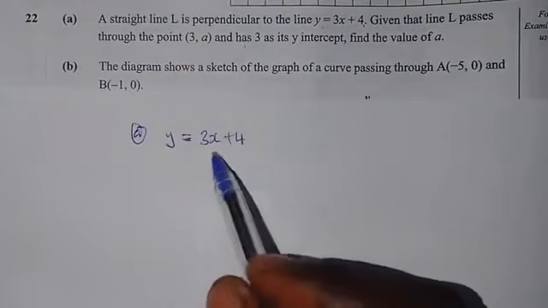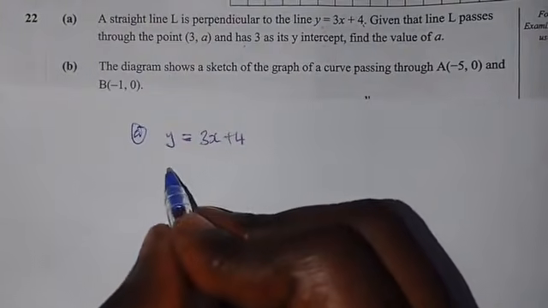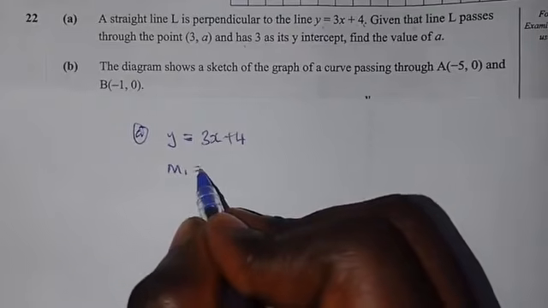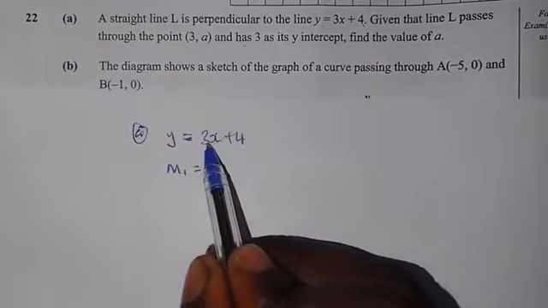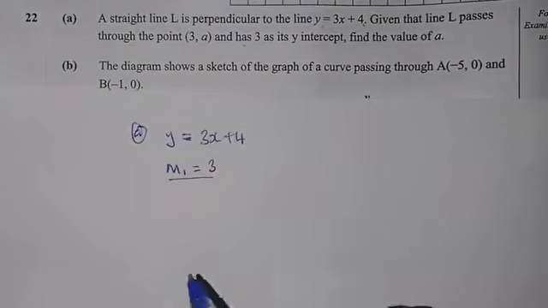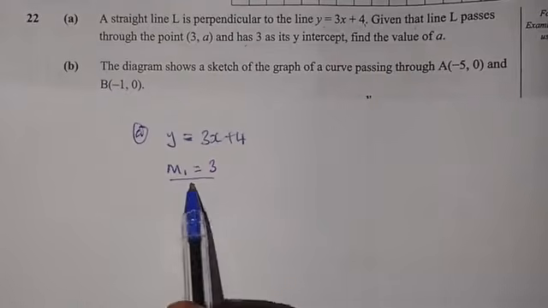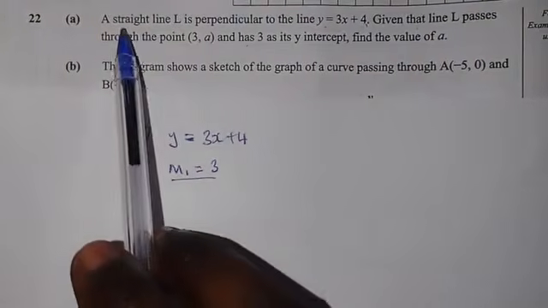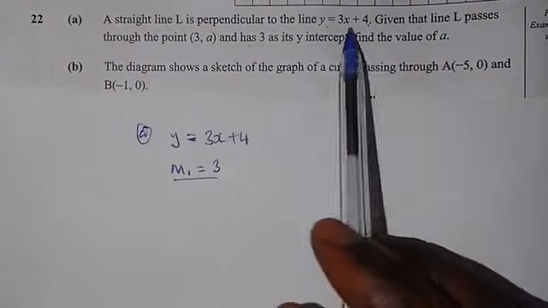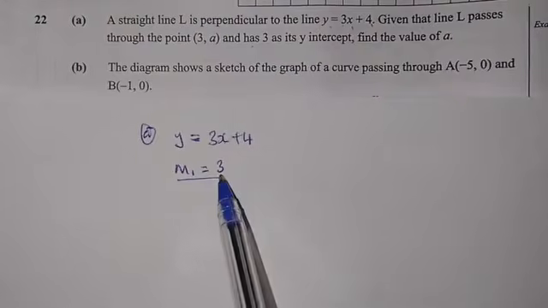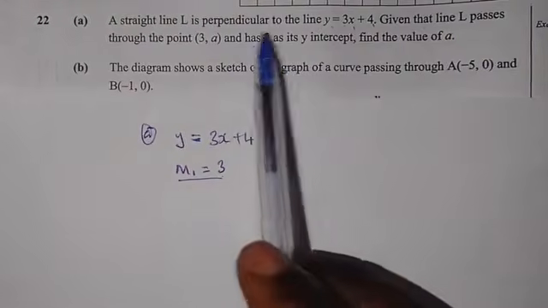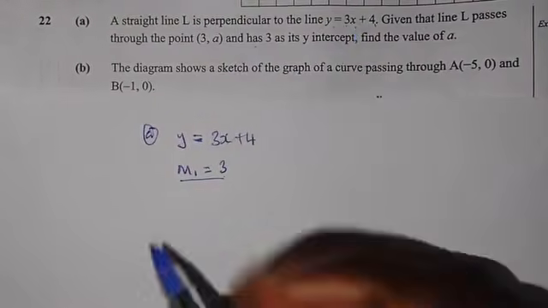So we can find the gradient of this line 1, which we call gradient 1, equal to 3. I've just taken the coefficient of x, which is 3. So gradient 1 is equal to 3. Now, since we have found gradient 1, and we are told that the straight line L is perpendicular to this line, and the gradient of this line is 3, then we can find the gradient of the line which is perpendicular to it, and we are going to say